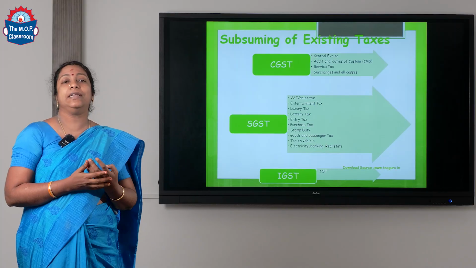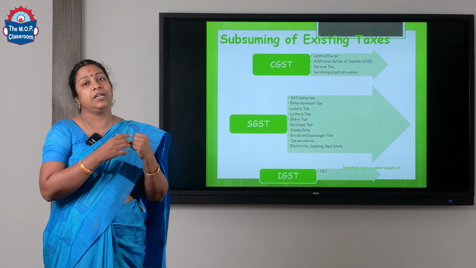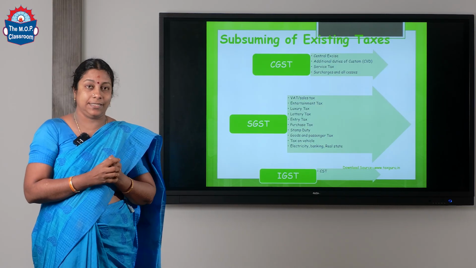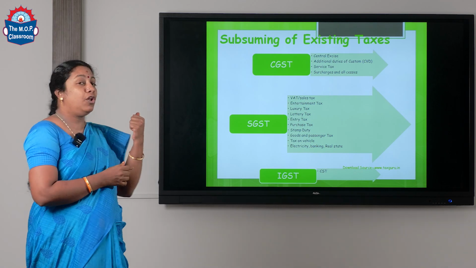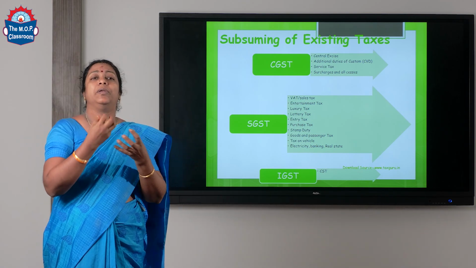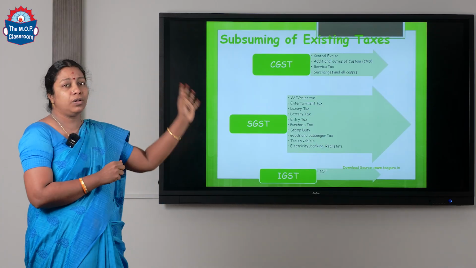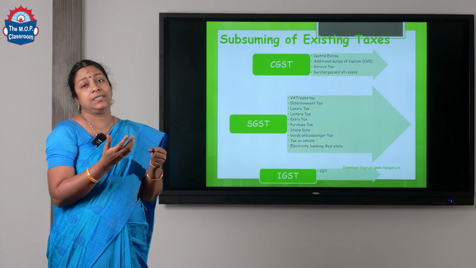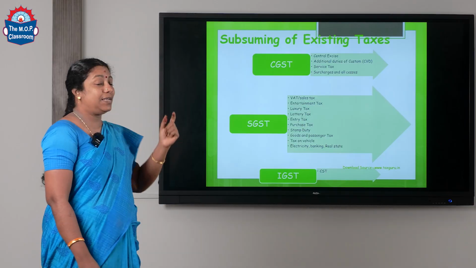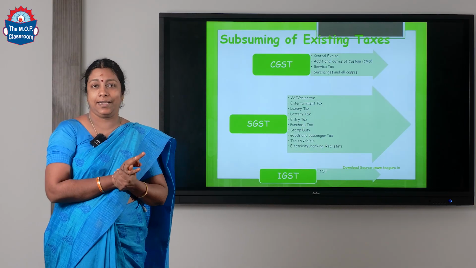That too, in the earlier regime it was a production based taxation. But now we are moving on to the consumption based, destination based tax system. Okay. So, that is why a lot of tax systems are going to be consumed, are going to be taken in, are going to be absorbed by GST. So, what are all the tax systems which are not going to exist because of GST? Okay.